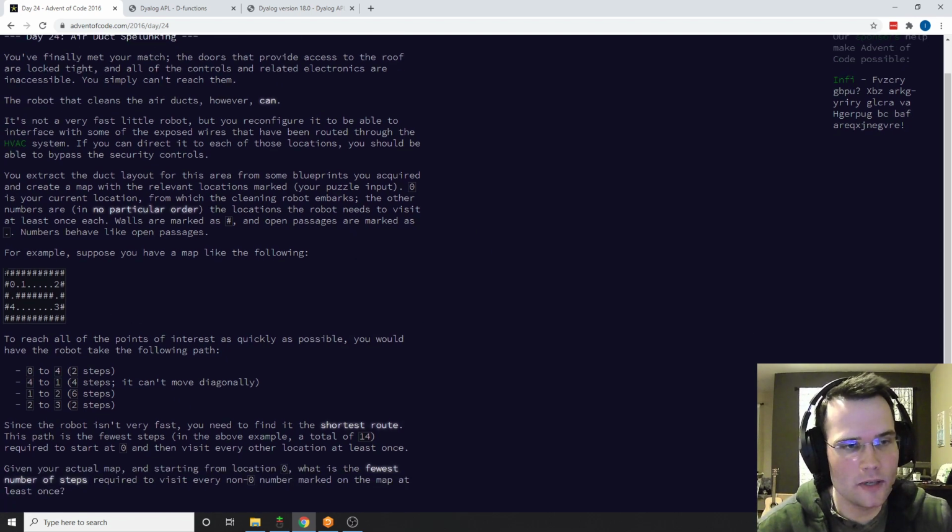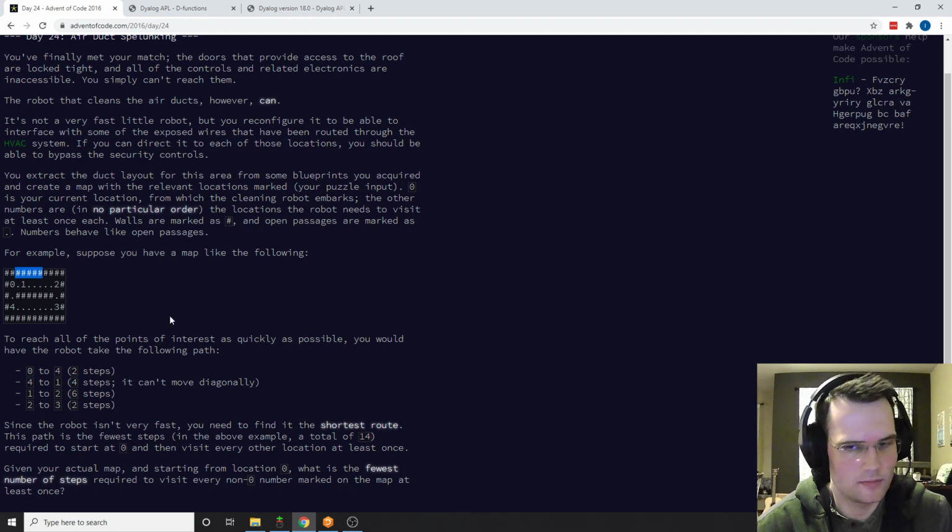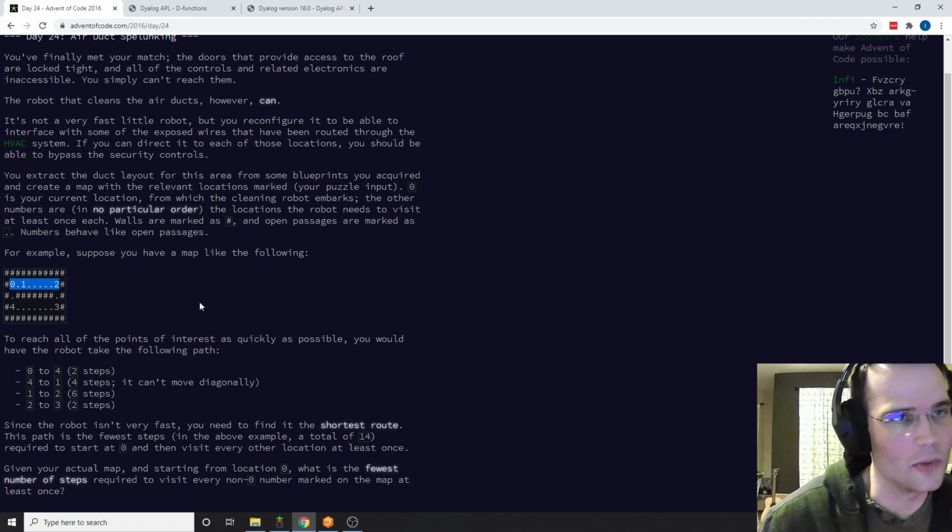So in Advent of Code, there are several problems where you get these types of mazes, which is basically, you get this text file, and then these pound signs represent walls or impassable terrain or whatever. And then the other characters are usually dots for empty space, but they can have various other interesting things inside. So for this problem, we have